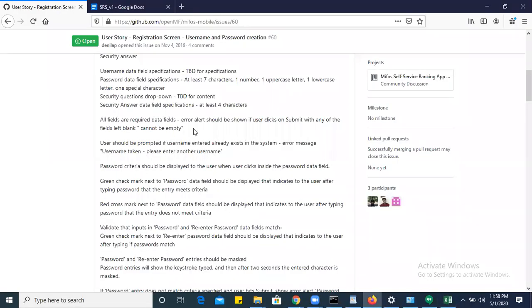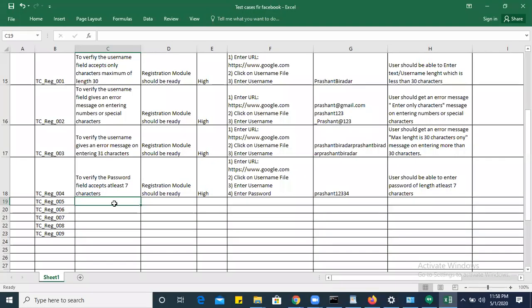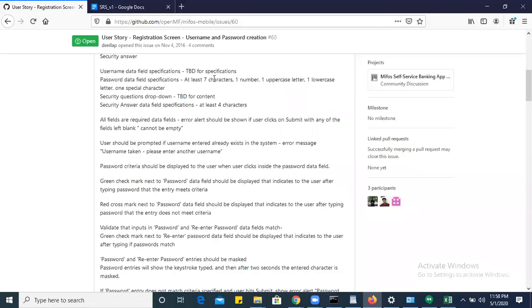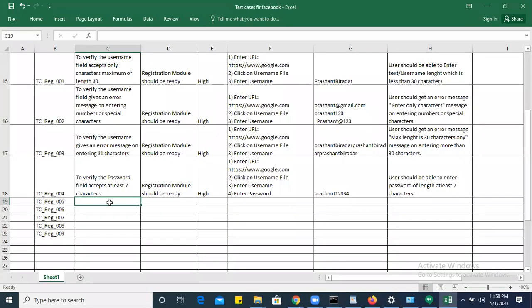Fine. So next one is one number, one uppercase letter, one lowercase letter, and one special character. You can write an individual test case for each of these, or otherwise you can mix all of these into one single test case.